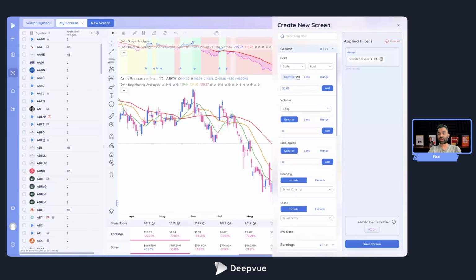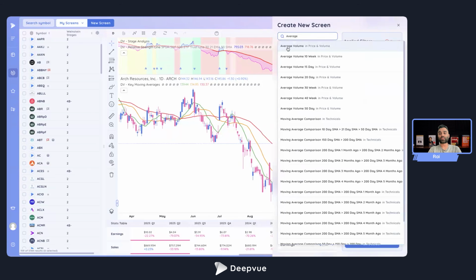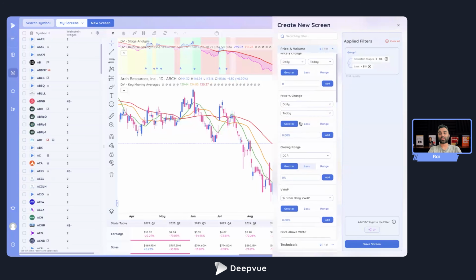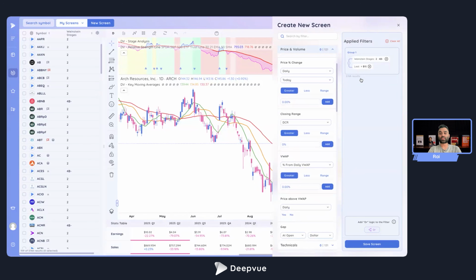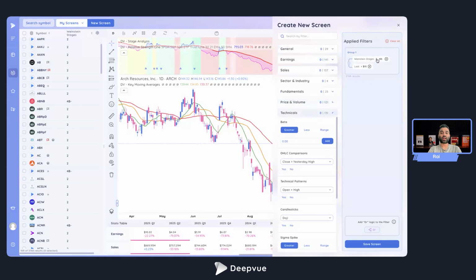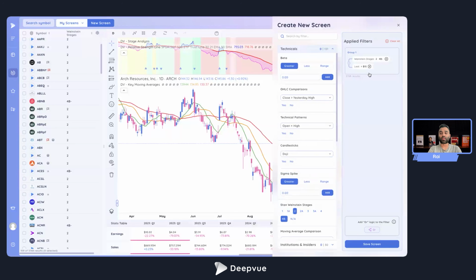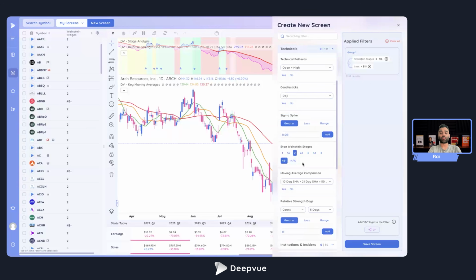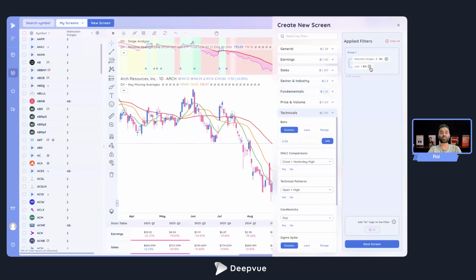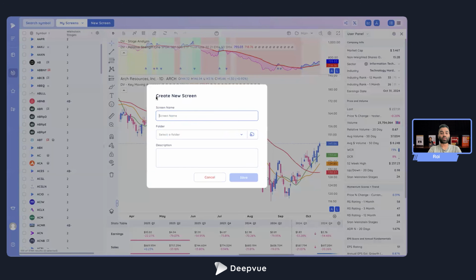And then you can add your liquidity criteria, right? I want stocks above a price of $15 or more. I want average volume to be this and that. I want price percent change to be that, right? So you can create a full screen based on stage analysis right off the bat, whichever way you want to customize it based on how you want to scan the markets. So that is completely configurable. We have Stan Weinstein stages available as a filter, and then you can combine it with all the other fundamental and technical criteria that we have to create what we could call this custom